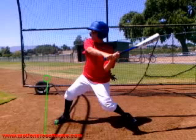It's going to force me to have this bat lag that we talked about, and then release the barrel here instead of releasing the barrel right here. When I release the barrel here, I'm going to come out and around the baseball. Now I want my bat speed going to contact. So this inside tee drill, just hitting the ball to the back of the cage, I think will help you keep your barrel in a good position to get maximum bat speed at contact. So Alex, thanks for